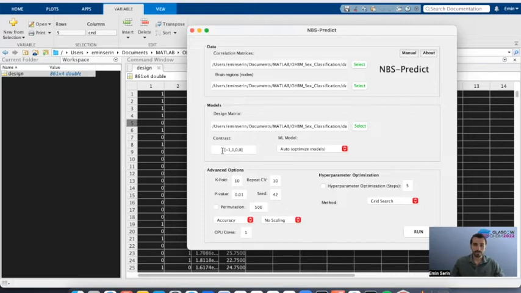So the thing is that we're also interested in the other case, when NBS-Predict selects the subnetworks that are greater in group 1 than group 2, right? That's why we're gonna define 2 sets of contrast vectors and run the analysis twice. So I strongly suggest you run your analysis in both directions unless you have a very specific hypothesis about the direction of your analysis.